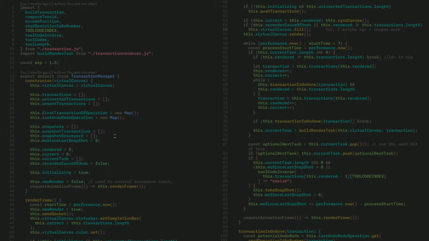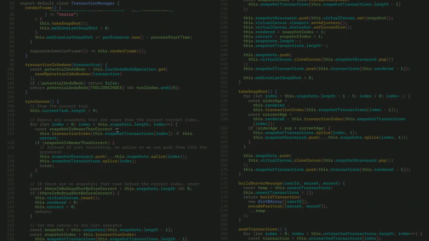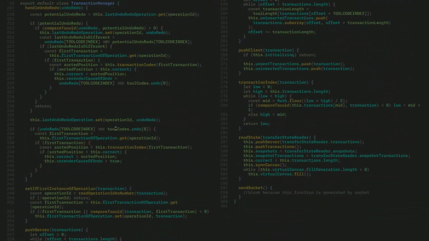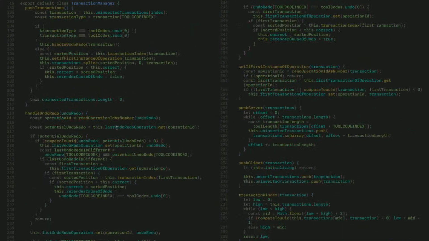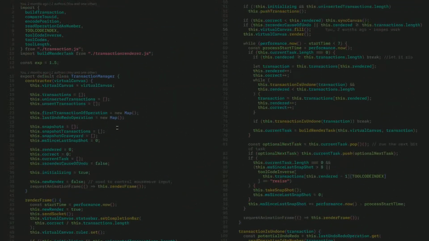Right now I'm looking at the transaction manager class, and as I was making that other feature for the snapshots, I realized that I really want to split this class up into two classes. Basically, the first half is what I originally wanted this class to be, and the second half is like the whole app. So essentially, this render frame